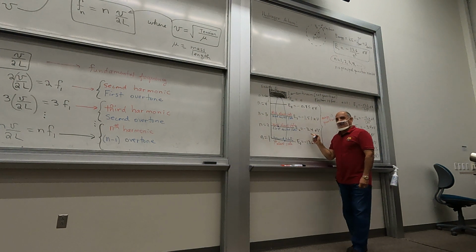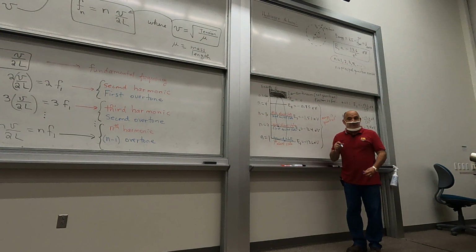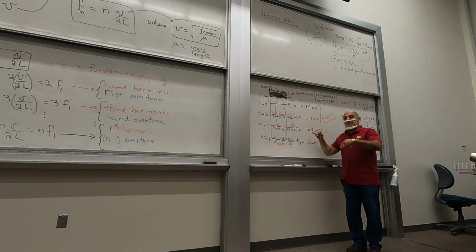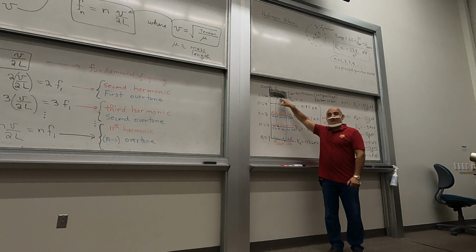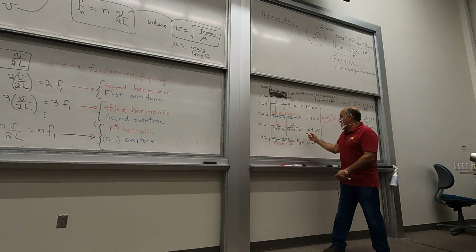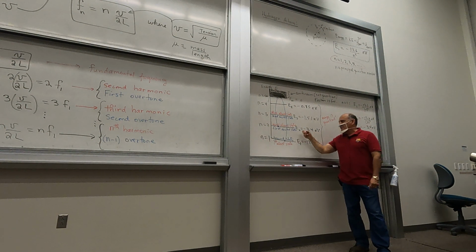That would be 3.4, right? Because when the electron is in that state, it has this much energy. But if you give it 3.4, then the energy is going to be 0, and that's when it just barely breaks free of the proton. You can give it more energy. If the electron is in this particular state, for example, the first excited state, then its energy is minus 3.4